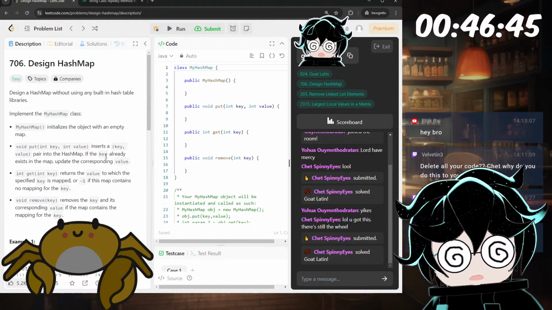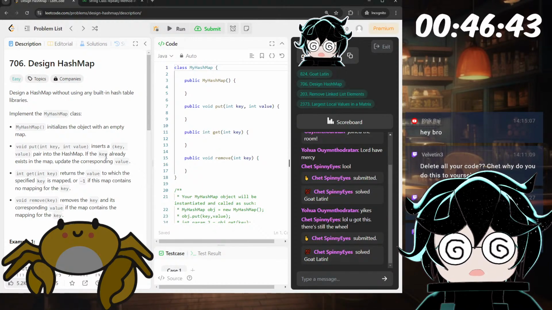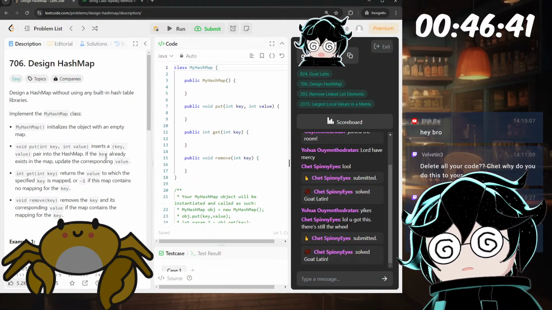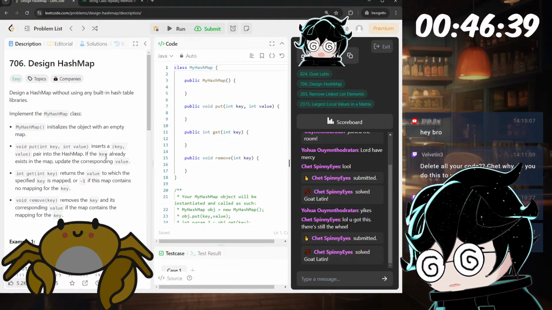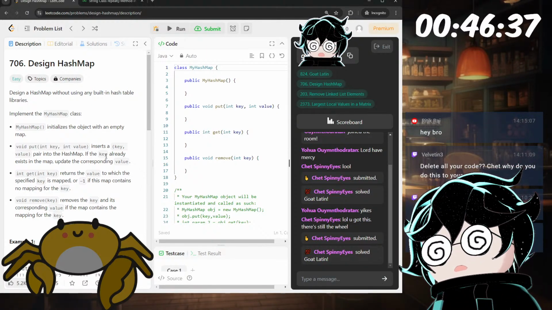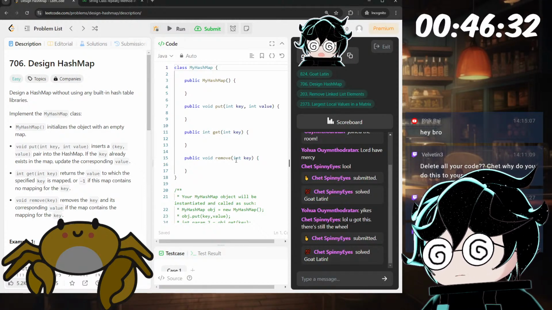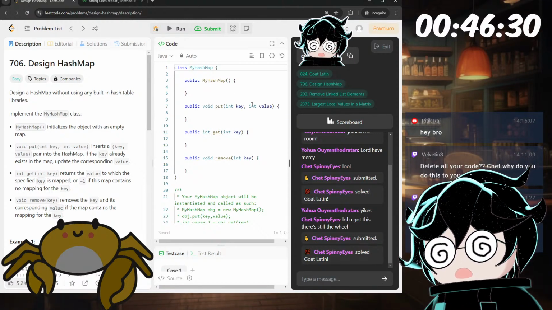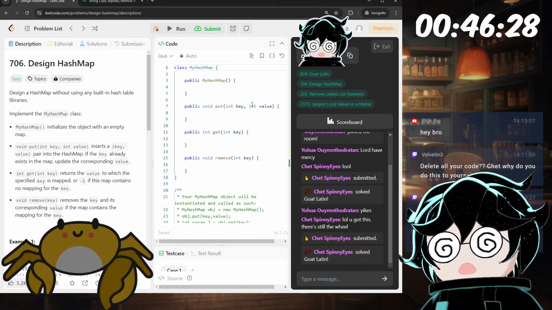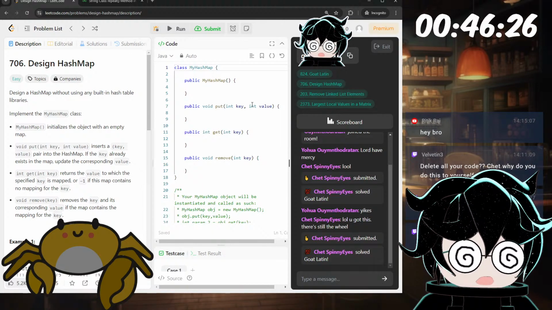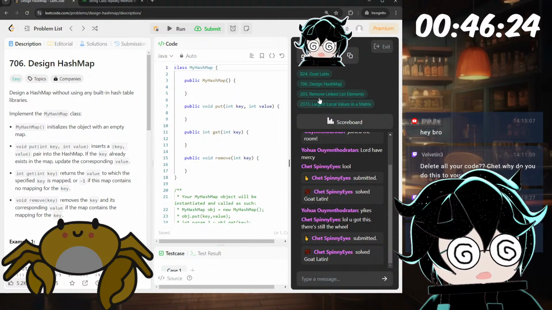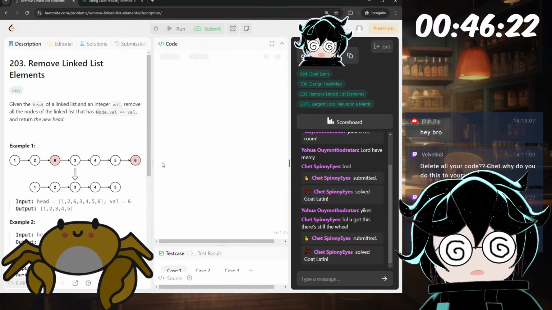Oh, wait, how do hash maps work underneath again? You calculate the index of an array somehow, right? And then you fetch it in. Put, get, remove. Oh, this is kind of involved. This sounds like it would take a long time, so I'll skip this for now.